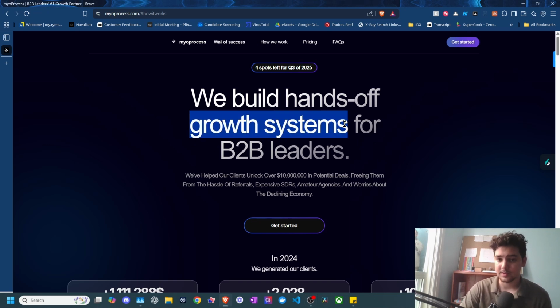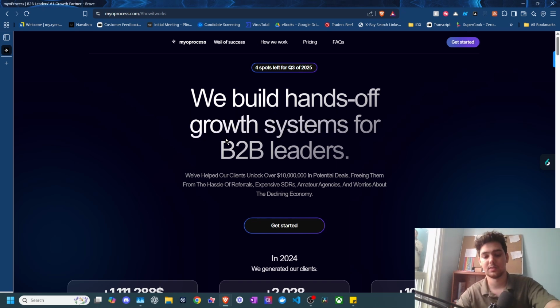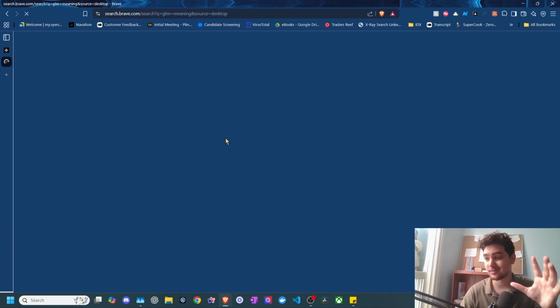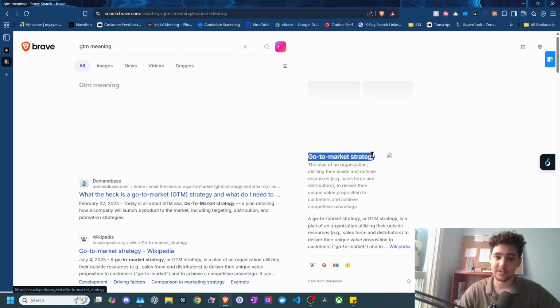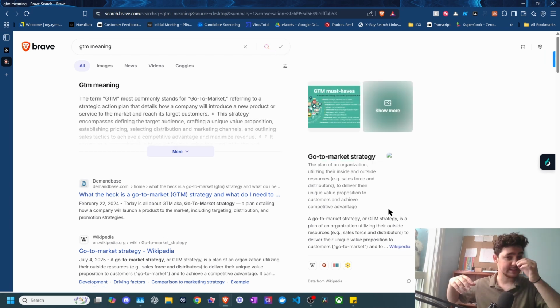So what is a growth system, right? There's a few different, I want to say rising, definitions around this. It's specifically focusing on GTM, which is go-to-market product and service offerings. Go-to-market strategy is essentially focused on: all right, so now we have this new offering, new piece within an existing organization. How can we take that to the market and really actively introduce it in a really good way?